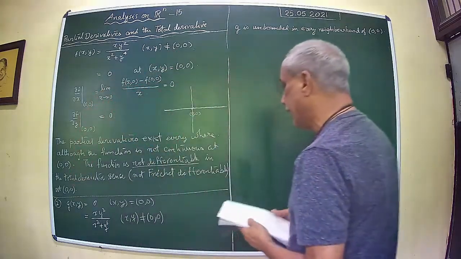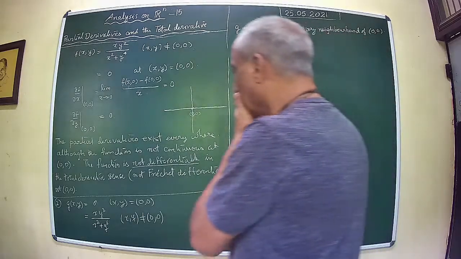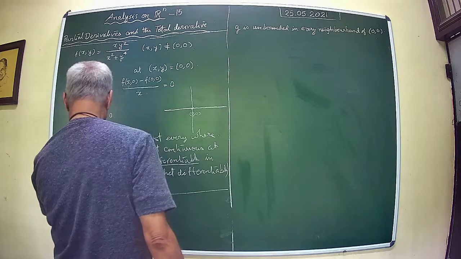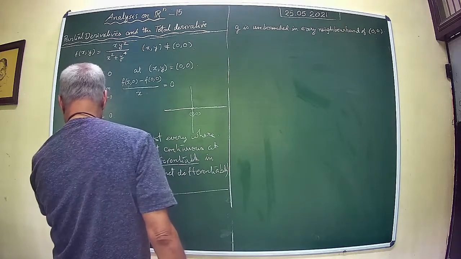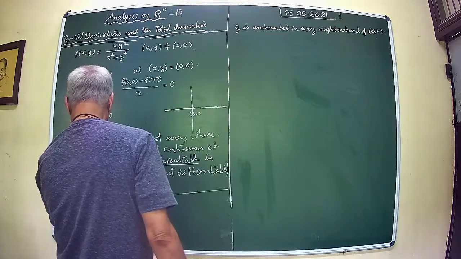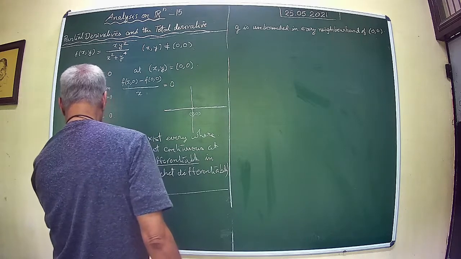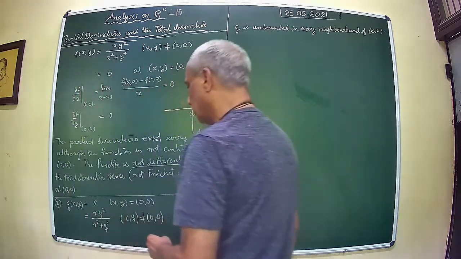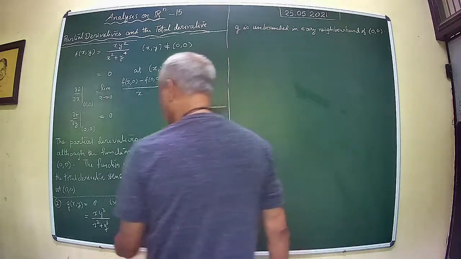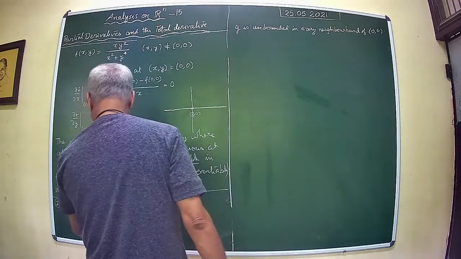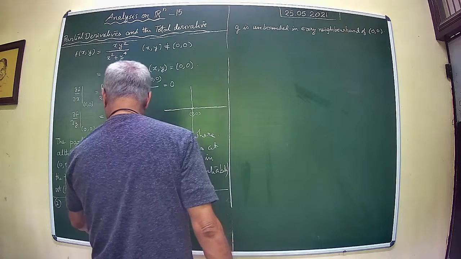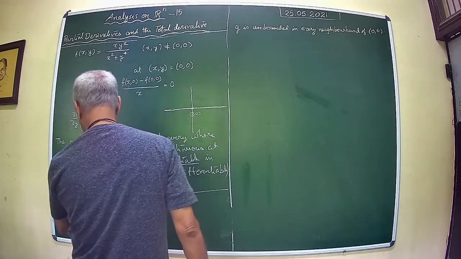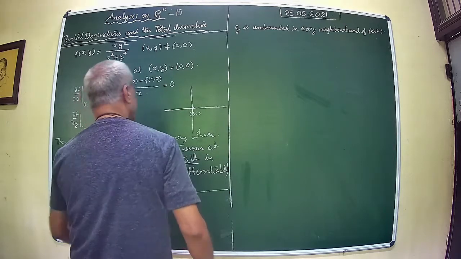All that you need is to look at the case where x is equal to y cube. Okay, if you take x equal to y cube, what do you get? You get y to the power 5 divided by